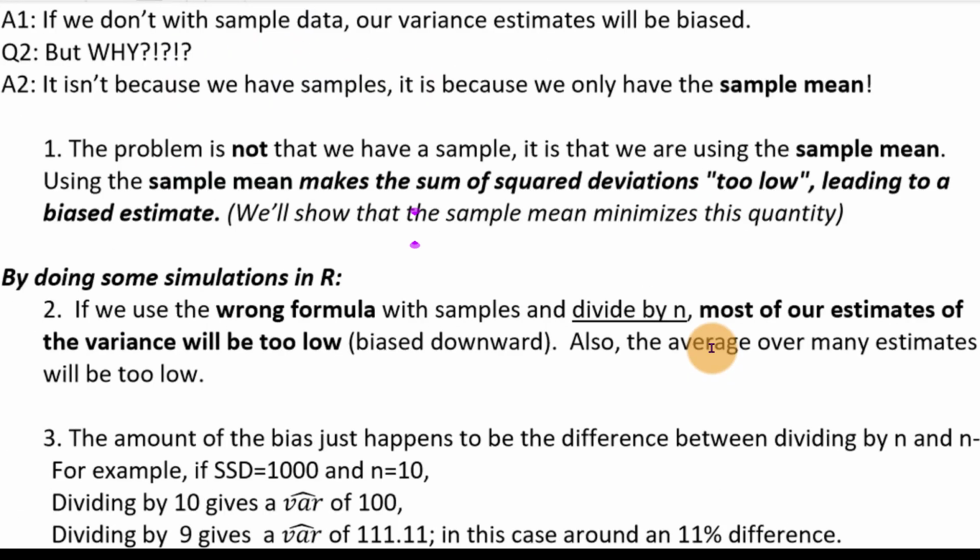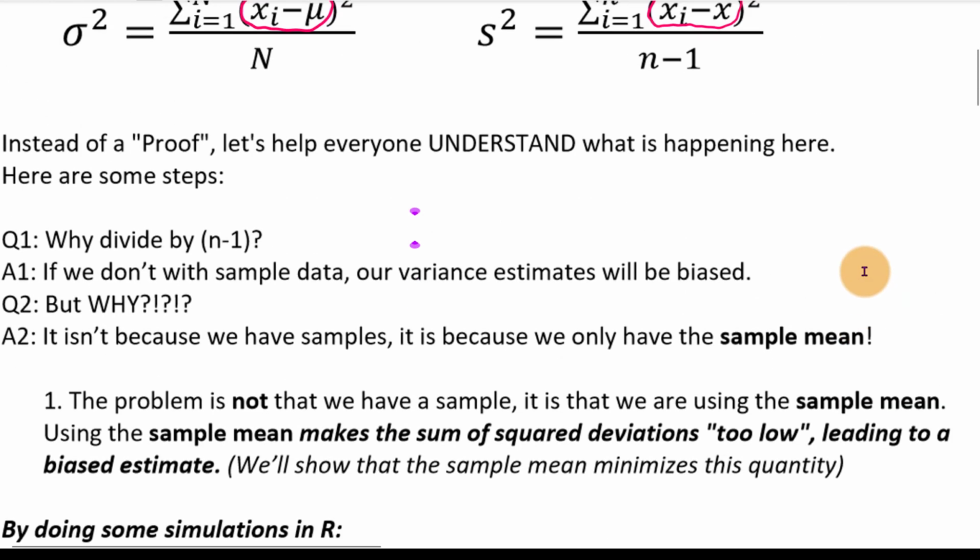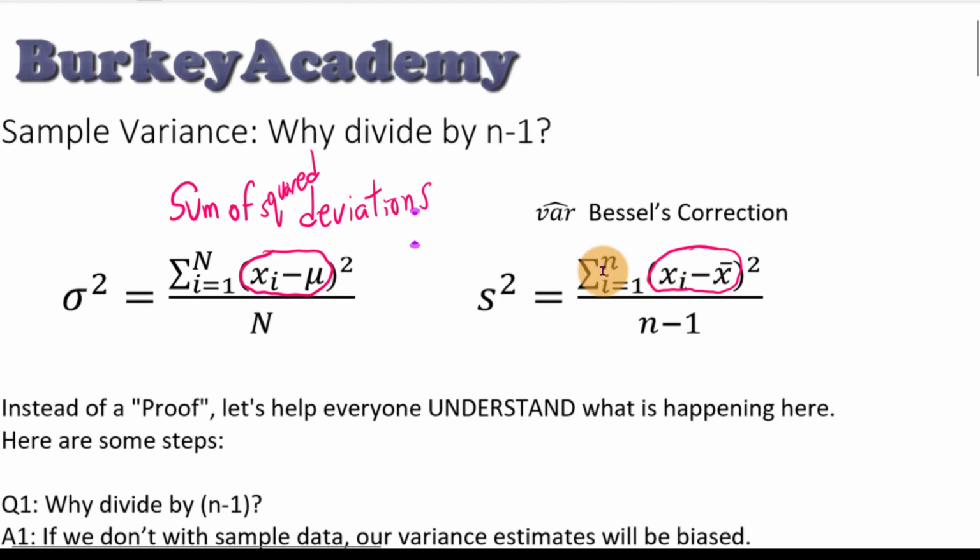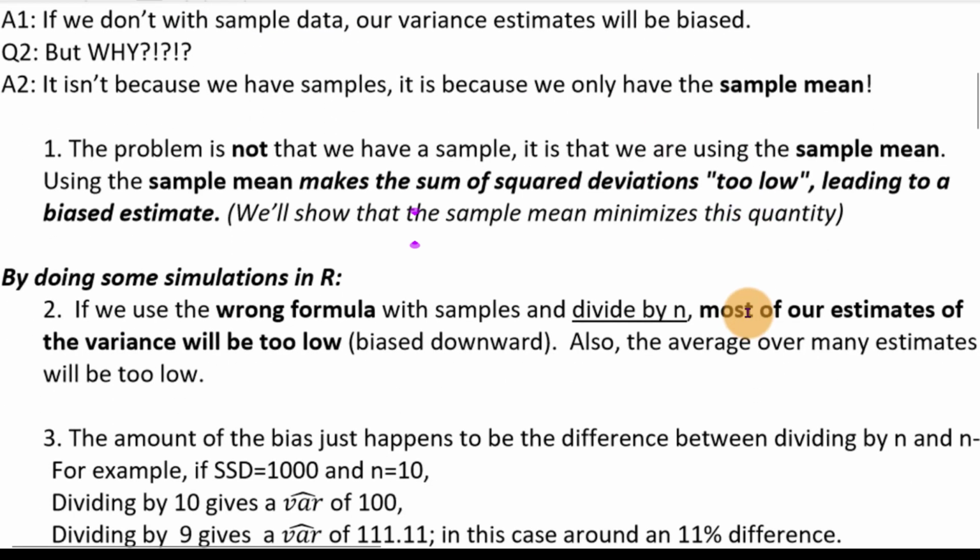So I want to help you understand why it is that when we have the sample mean and we plug that into a formula where we're calculating the sum of squared deviations, I want to help you understand some justification for why that sum of squared deviations might be too low. This is not a proof of the n-1 and where it comes from, but it's one thing that's good to understand: when you plug in the sample mean there, it's going to minimize that